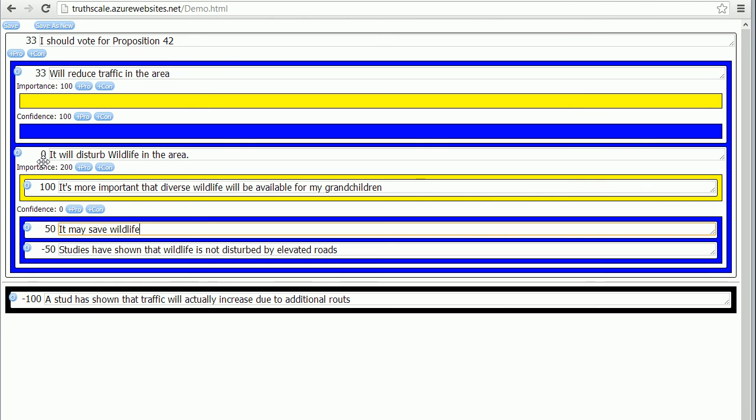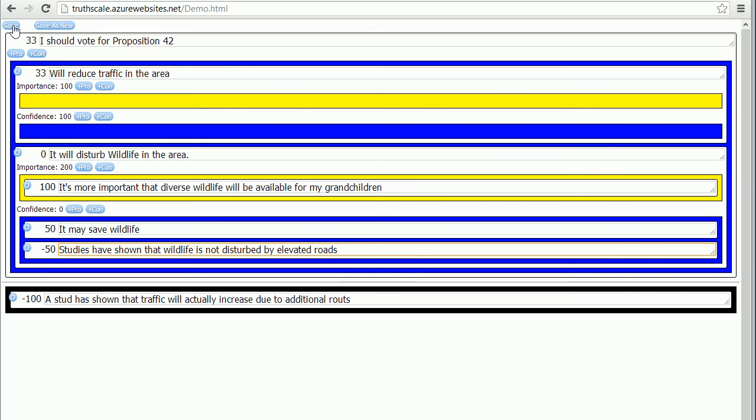So now the confidence is 0. This one still has a 33. So you can kind of see how it changes as you drag and move things around.